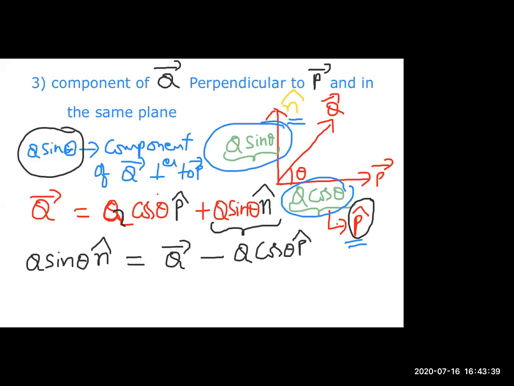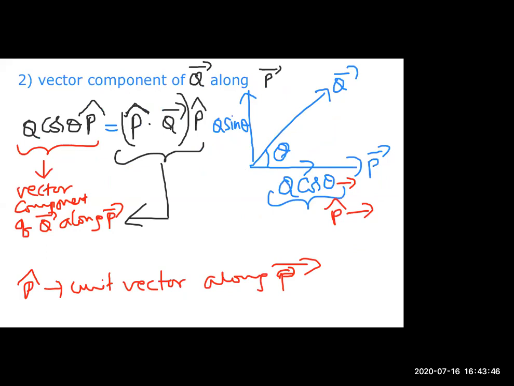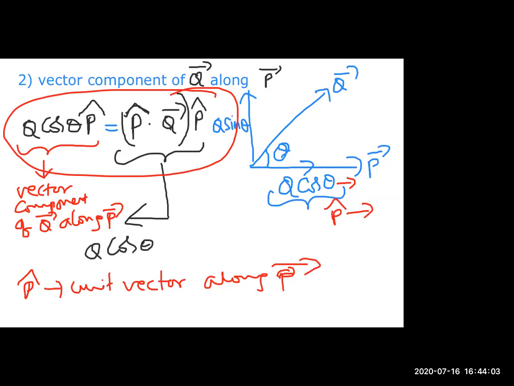And if you go back, what is q cos theta p cap? I have already given the information about q cos theta p cap. Here only you can observe this one. I have given it clearly here. What is this better now? Q cos theta p cap I have written as p cap dot q bar into p cap.